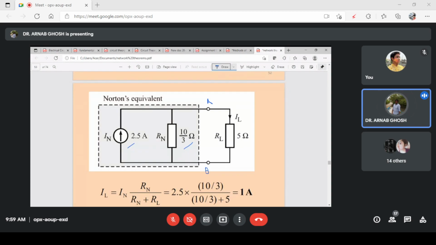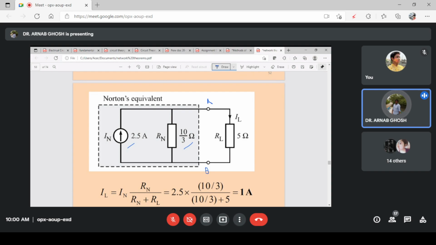So now you know that the current, if you are calculating the current if there are two resistances, so what is the Norton's theorem stating? Any electrical circuit can be drawn as an equivalent circuit consisting of a constant current source with a resistance in parallel connected to the load resistance. So that is why the box part of the circuit is your Norton's equivalent circuit. The box in dots, that is your Norton's equivalent circuit. So you have calculated the short circuit current, that is your Norton's current, and you have calculated the resistance that will be connected in parallel to it.